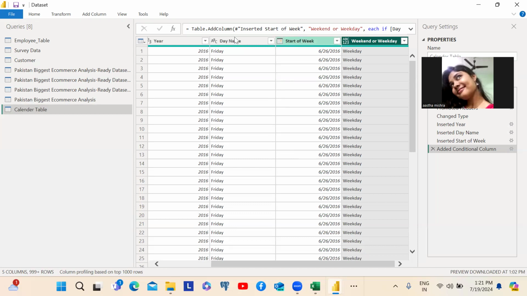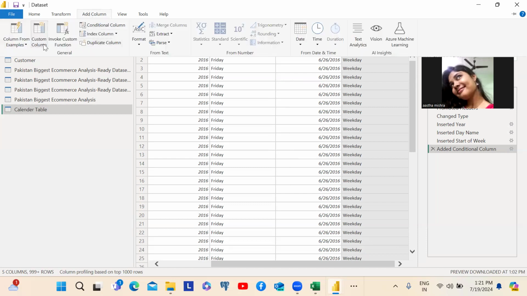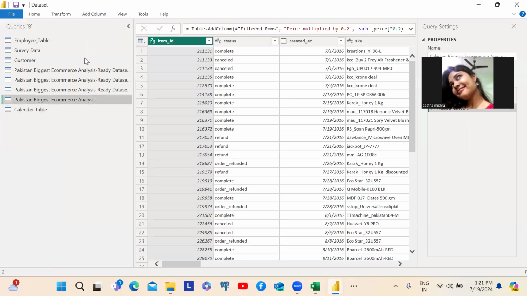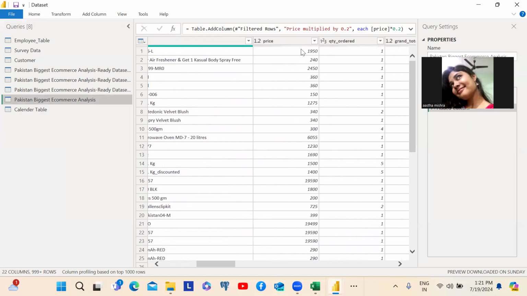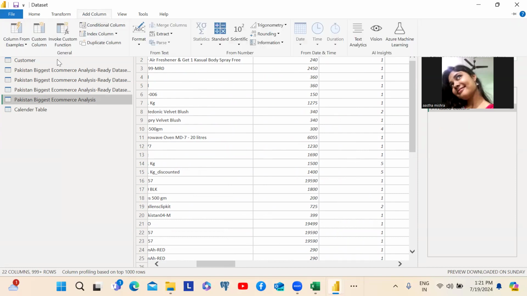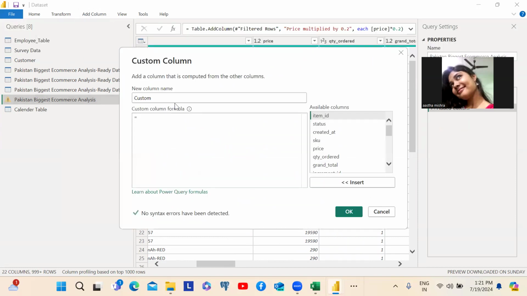Now coming to custom column. So I'll go to this tab for custom column. For example, I have this price column and quantity ordered column. Now I want to know the overall price. So I want to multiply the price with the quantity ordered. I can use custom column function over here. Go to add column, custom column, giving it a name as total price. Total price equal to,